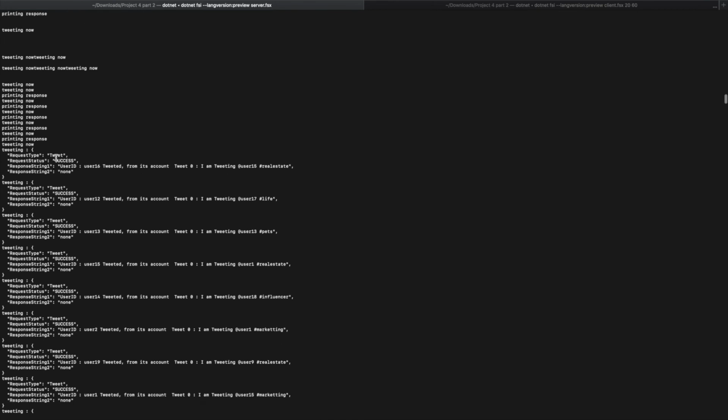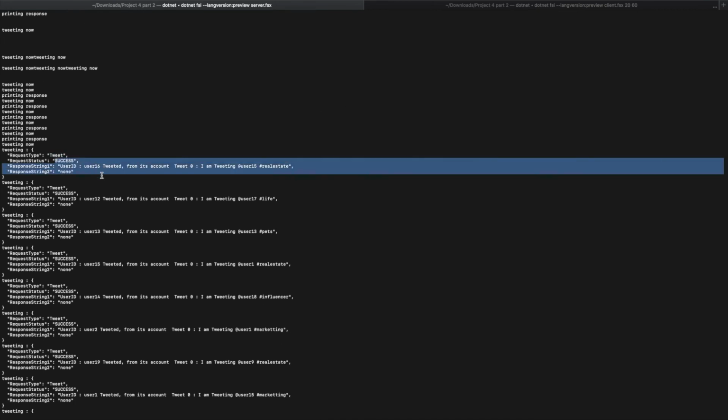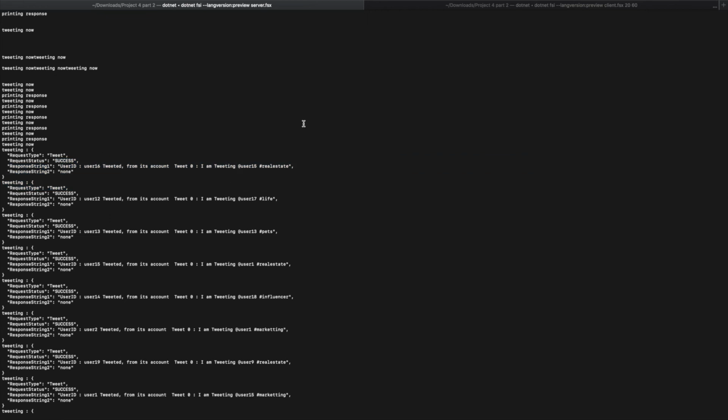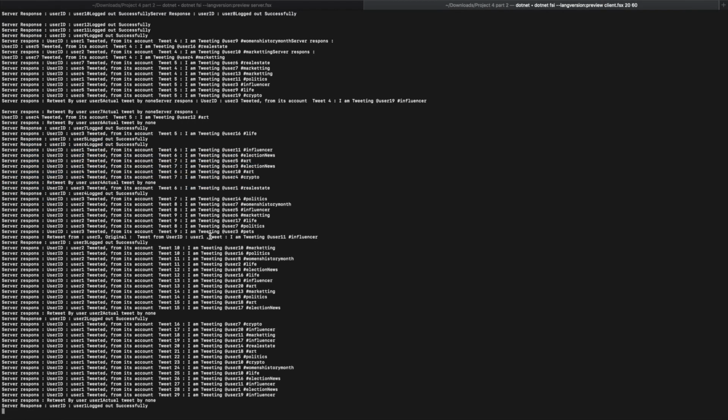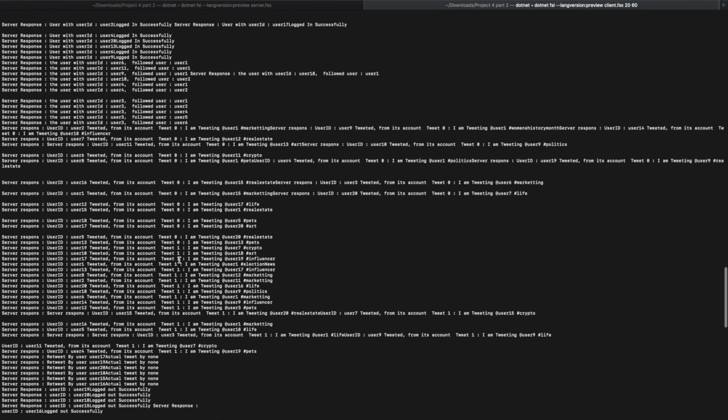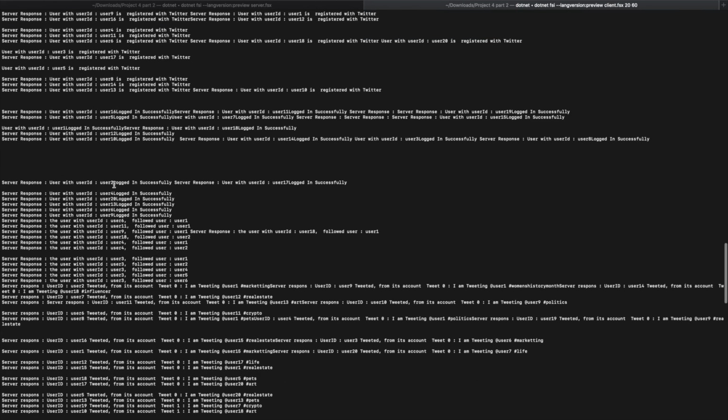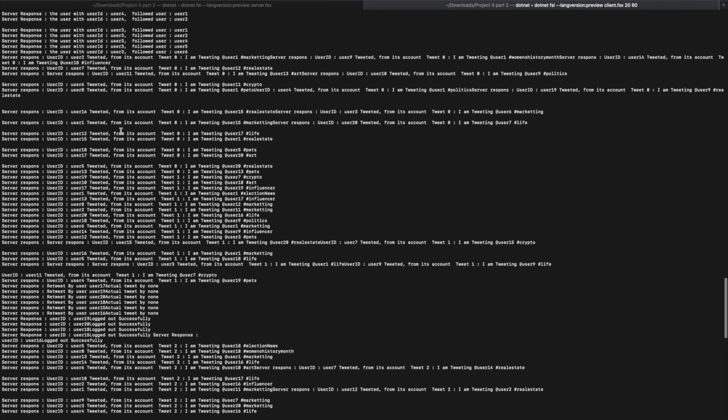Now you see the tweet operations happening. Tweets are successful. On the server side, we are seeing this response. Let's see what we get on the client side. Yes, this is the client side response. After logging in, users have started tweeting. Each tweet is a dummy tweet which contains a hashtag and a mention. On the server side, the tweet is looked through for any hashtag or mention present, and it would be saved in the mention table.